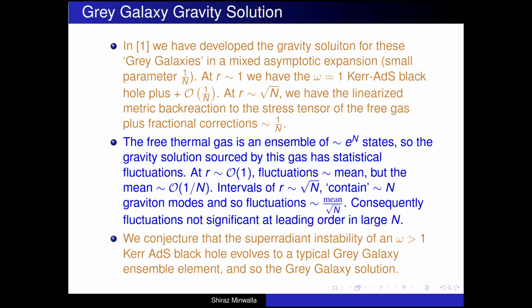It's of order square root of n. The radius of the gas is order square root of n. So n is the parameter that justifies the non-interaction between the black hole and the gas. And there's one other thing that you might worry about.